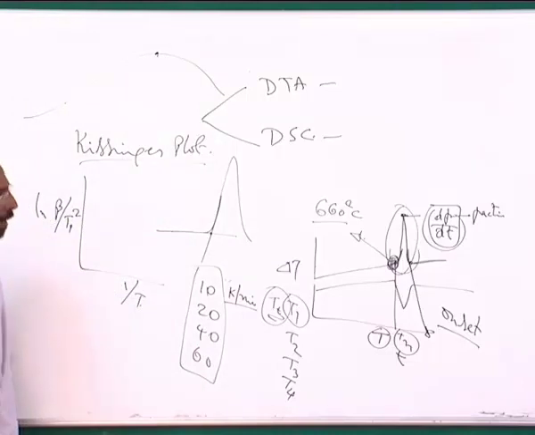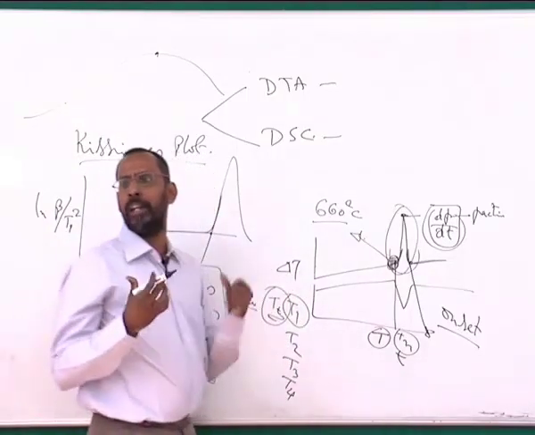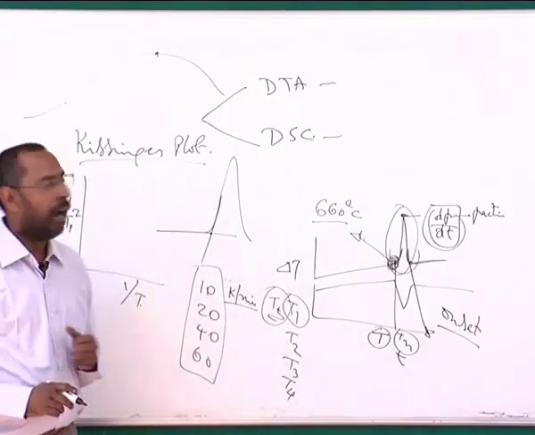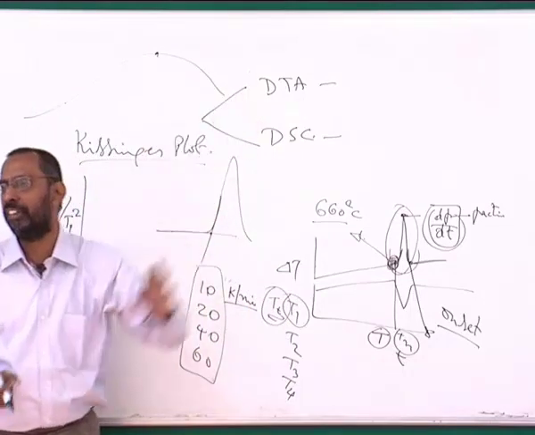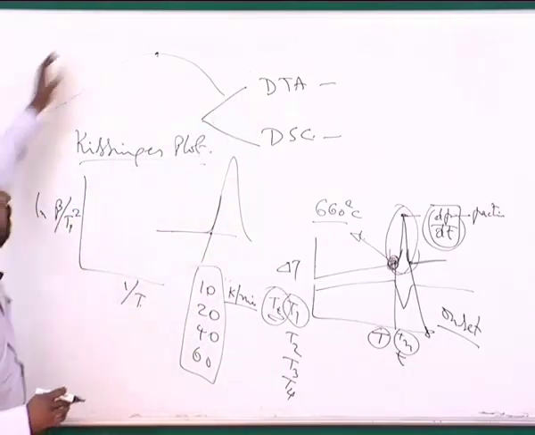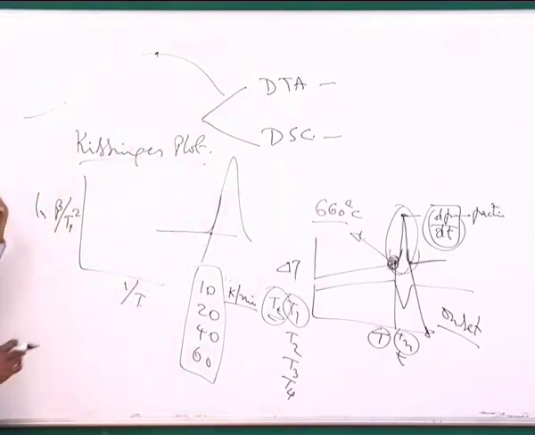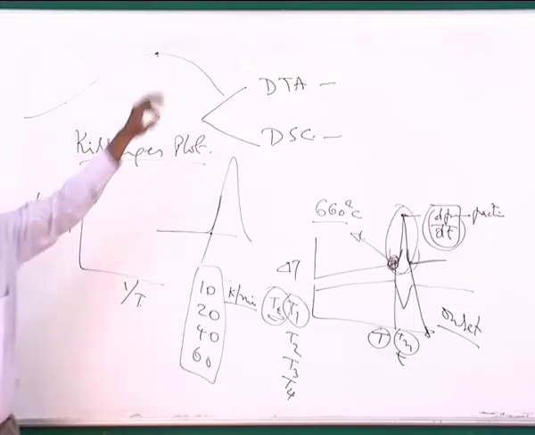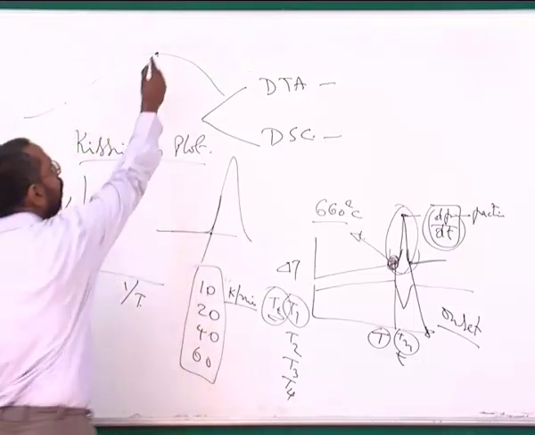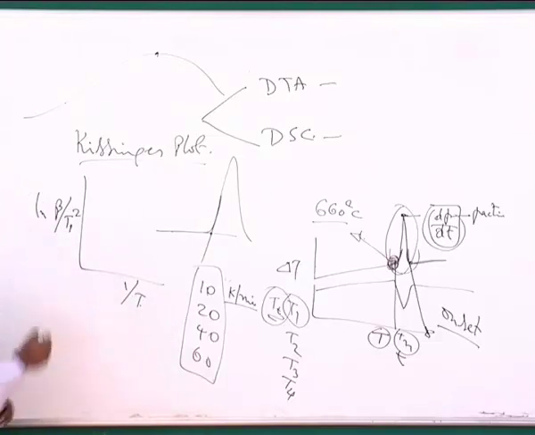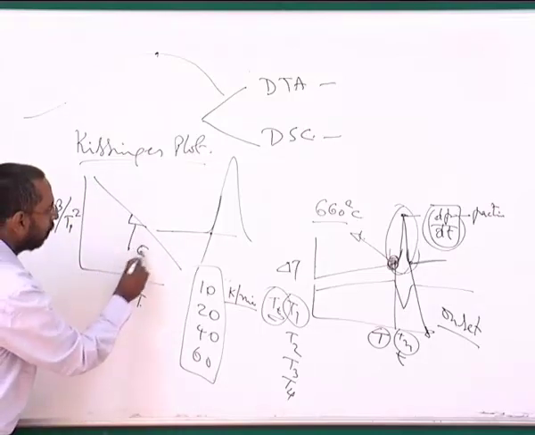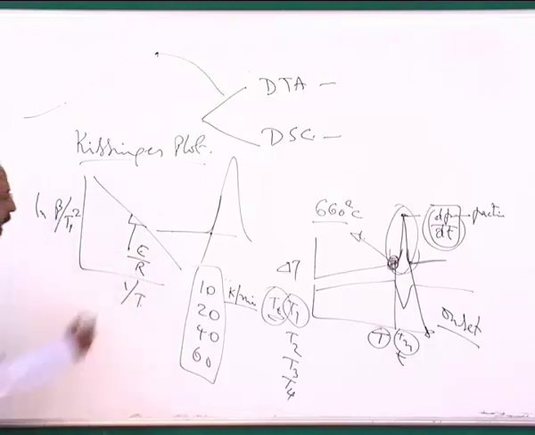Okay, there are certain transformations. For example, when we come to DSC, you will see that when you take a strained material, let's say rolled copper, and heat it, the strain gets released and you get recrystallization happening. This recrystallization happens over a range of temperature. So you get a very broad peak, and as a result it becomes very difficult to identify the onset, and people use the peak itself. So measure the peak and take the ratio, and this gives you a plot like this, where the slope gives you E by R, where E is the activation energy for the transformation, whatever the transformation is.